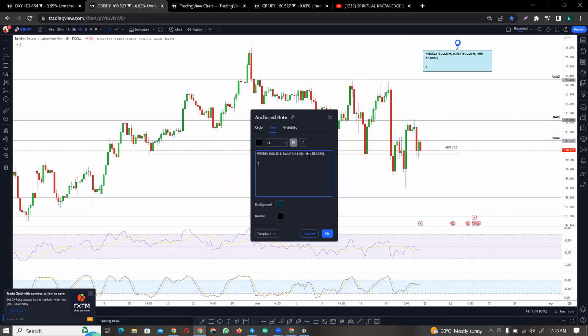Then market is within the range of weekly supply zone and 4-hour support area. So what we'll be looking out for now is for market to